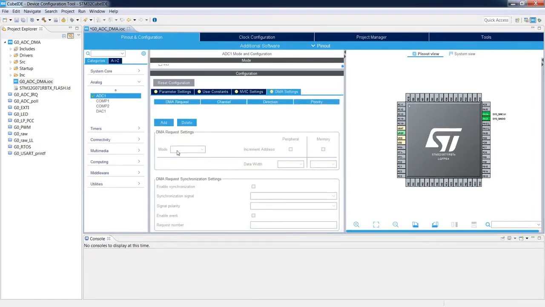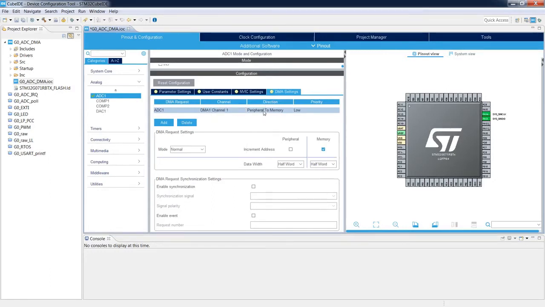There is nothing at the moment, so we click Add. Select the channel. There is only one DMA request, ADC1. We have more than one channel available because please remember that STM32G0 contains DMA MUX, which allows us to select different DMA channels for different peripherals. We've got a lot of possibilities here. Let's select the default configuration.